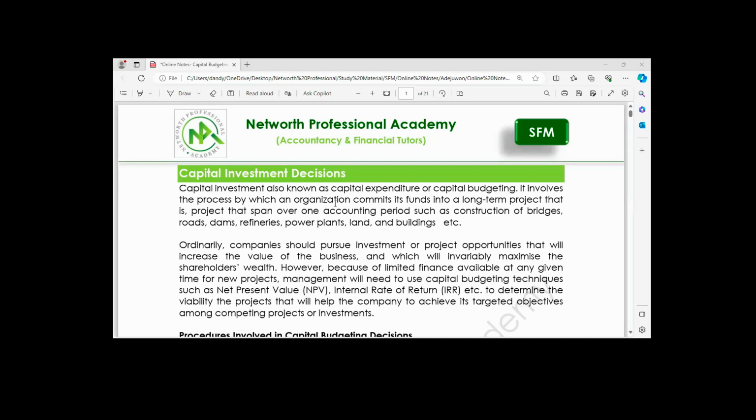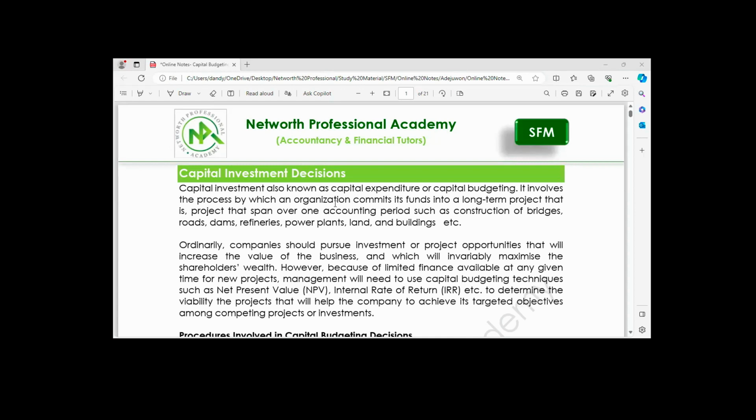Therefore, examples of capital budgeting, or capital expenditure or capital investments, include the construction of roads, construction of dams, construction of bridges, construction of refineries, power plants, office buildings, and all of that. It is expected that the management of a company will always embark on a project that will enable the company to increase the value of the business,